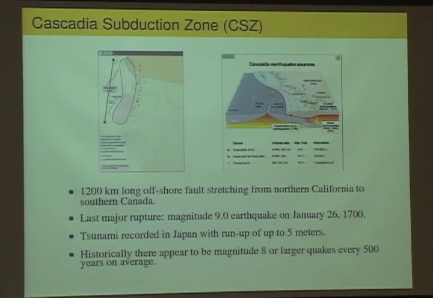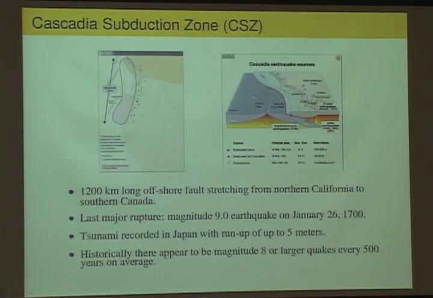So this has been used in particular in helping to understand the Cascadia subduction zone, which is the big subduction zone that goes from Northern California up to British Columbia, which has been quite quiet for the last 300 years. So a lot of people, even in Seattle, have never heard of this subduction zone and don't realize that we have magnitude 9 earthquakes there. But there was one on January 26, 1700, and they happen, according to these tsunami deposit records, every 500 years or so on average. And so it's inevitable that there will be another one sometime in the next few hundred years, hopefully not too soon.